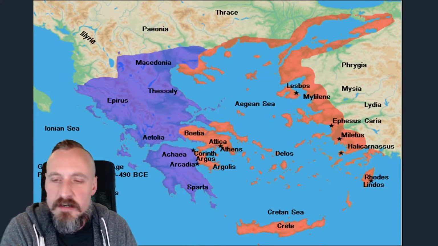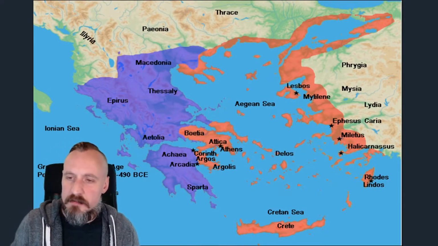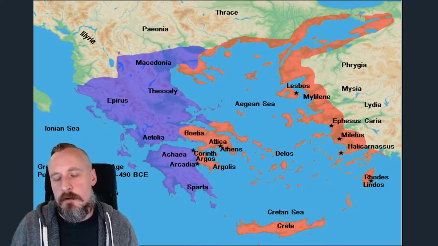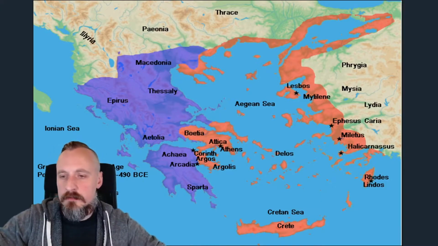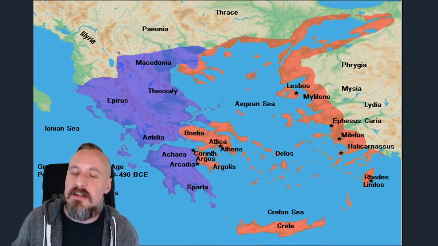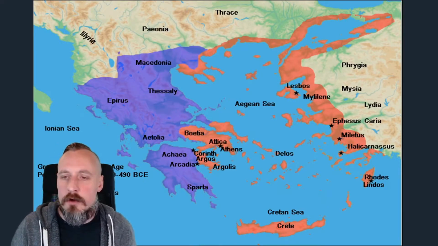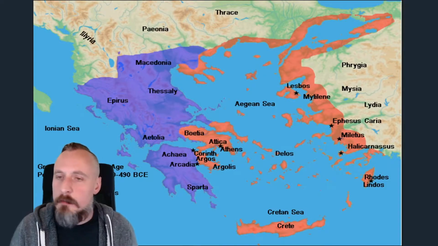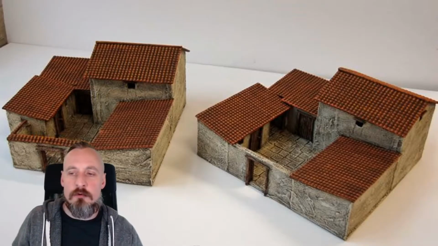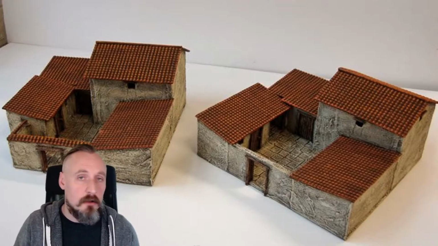Each city had a lot of independence because the region was very mountainous and very rocky country, and there was a lot of separation, and therefore a lot of political and cultural separation between each of these city states as well. They had a lot of their own styles and a lot of their own economic and political structures. But in general, we're going to see a lot of the most basic types of structures and clothing being